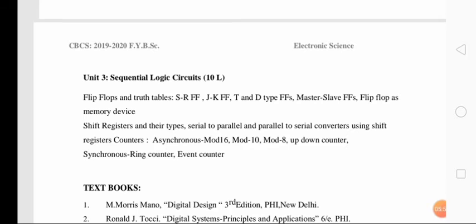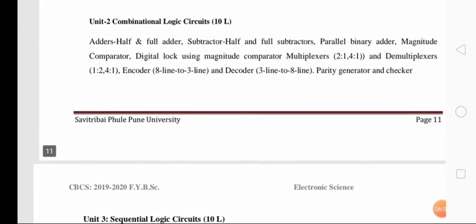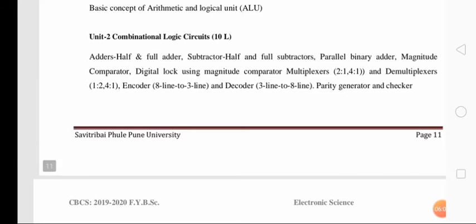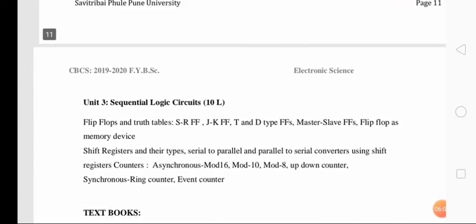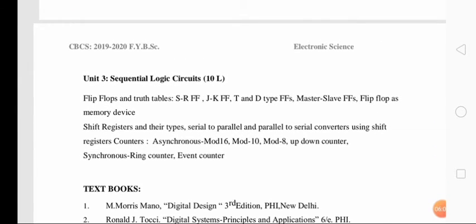Sequential circuit. If we combine a combinational circuit with a memory element, then you can obtain a sequential logic circuit. Now in this lecture you just try to remember the things that I am going to explain. In brief, we are going to see what we will study when we start. Now you just listen.